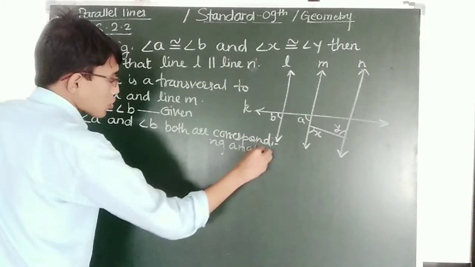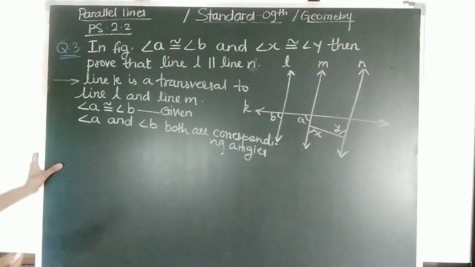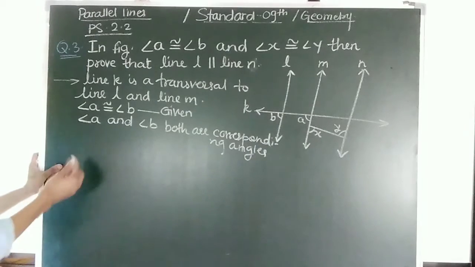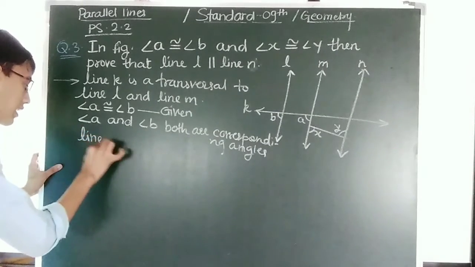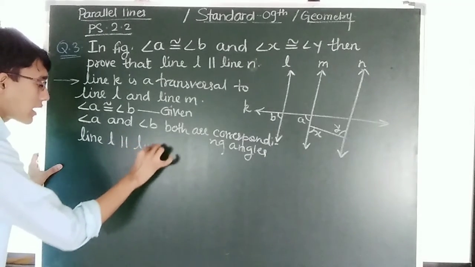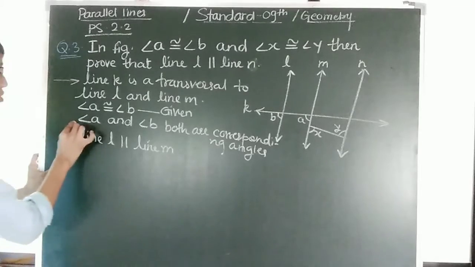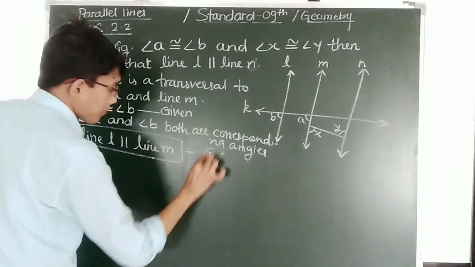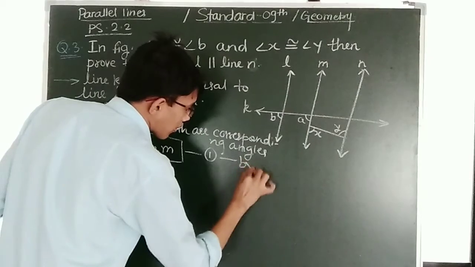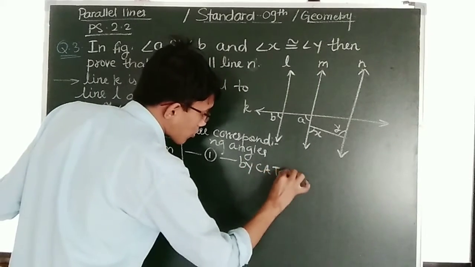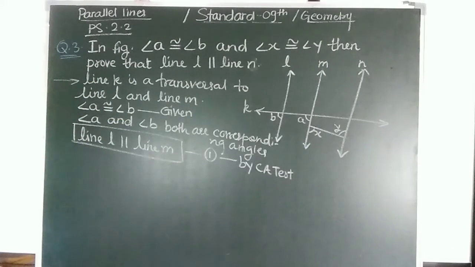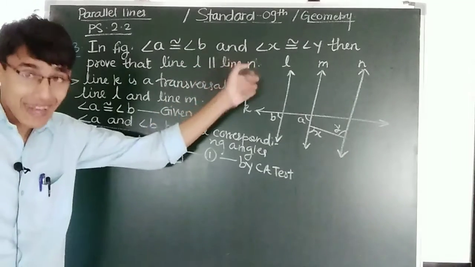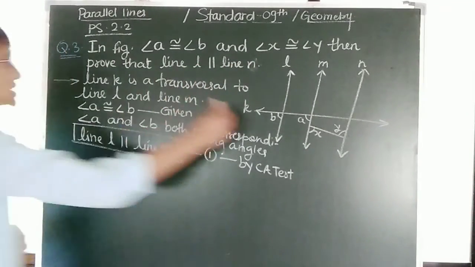We know that if a pair of corresponding angles are congruent to each other, that means both the lines, line L, must be parallel to line M. Both the lines are parallel to each other, that is line M is parallel to line L, by corresponding angle test. So we have got line L parallel to line M, but what we have to prove is that line L is parallel to line N. So for that, now we take line M and N,